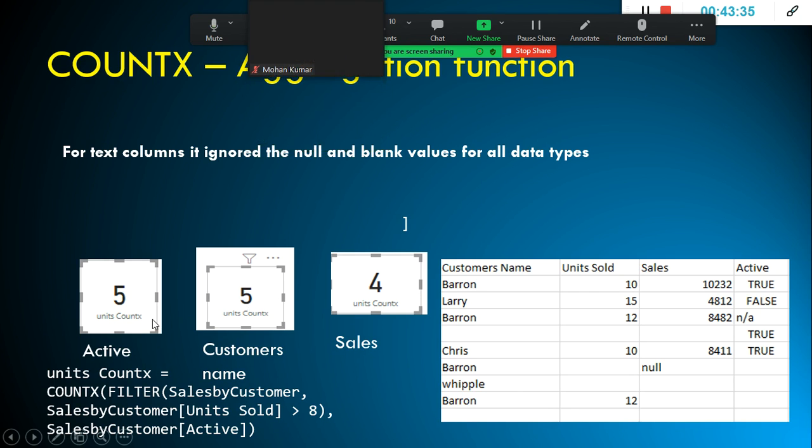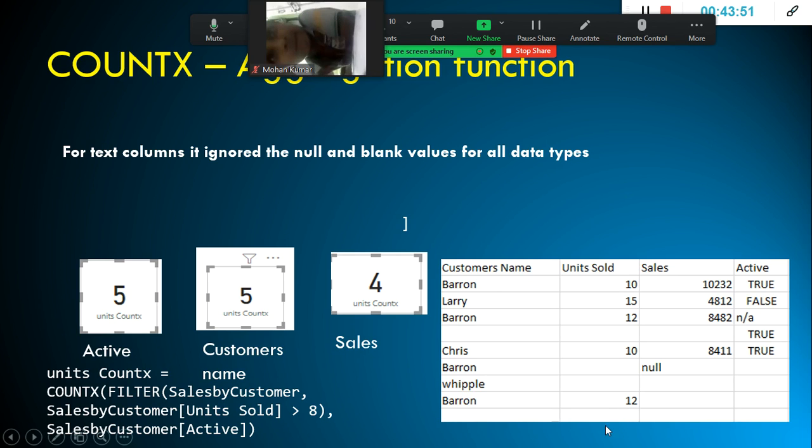And here, when I use it for active, it considers only the non-blank value, and for customers also it considers only the non-blank value.